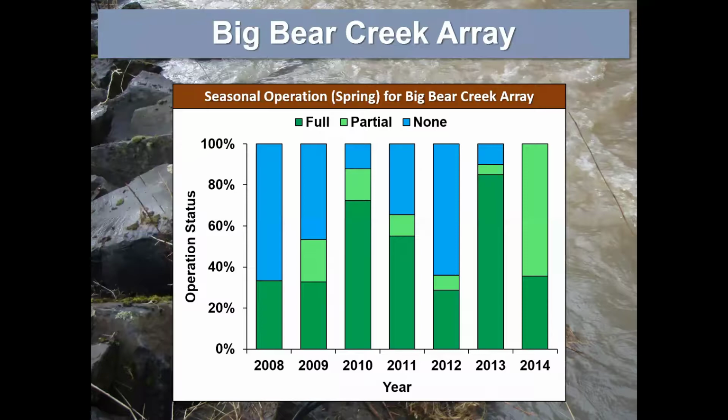We don't operate this array during the summer because the site actually goes dry during the summer. So you can see in 2008, we struggled mightily to hold and maintain antennas in the stream. It seemed like we would lose antennas after every single little flow event. But we refined our anchoring technique, and we were getting a little bit better in 2009 and 2010. And we're actually feeling pretty good about ourselves in 2010 and about our ability to hold an antenna in the stream. Unfortunately, 2010 was an